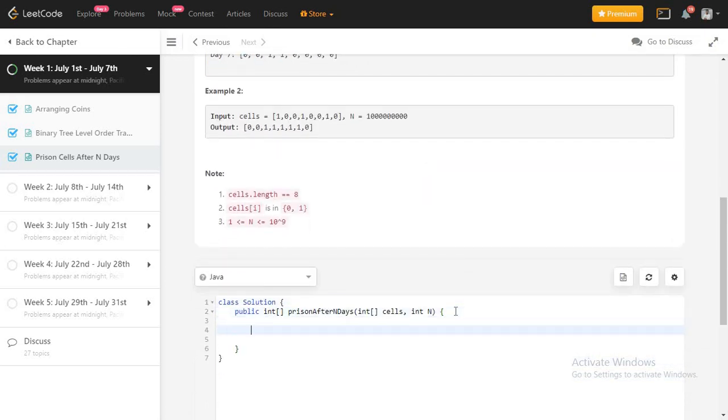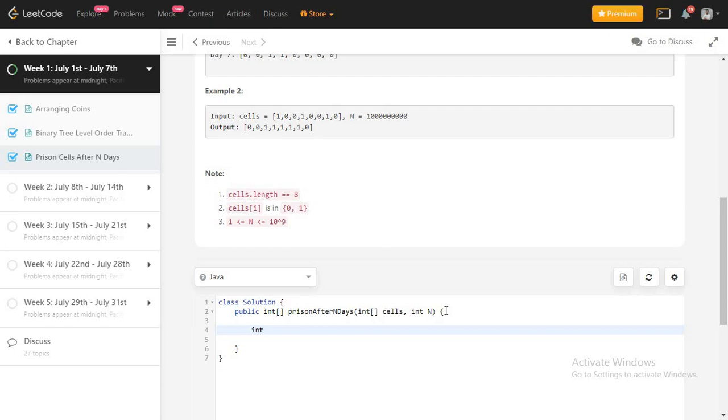So at first, I need to calculate, right? If I am given 100 days, I need to take the remainder with 14, check that day, and run my loop for that number of times, not for the whole number, right?